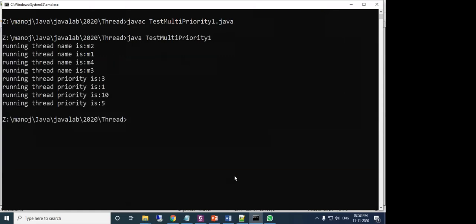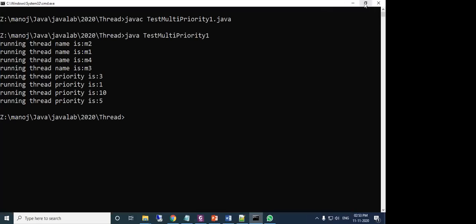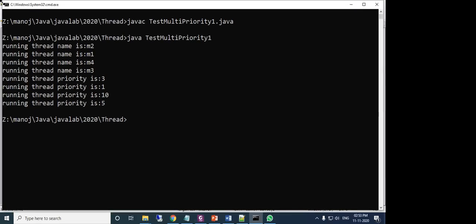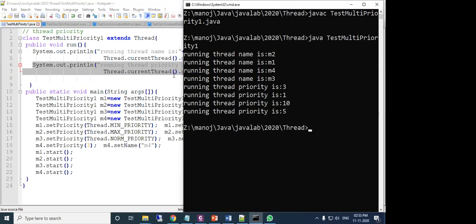Okay, so which one have we discussed? See, first the running thread name is M2. M2 is your max priority. Then M1 is your min priority.